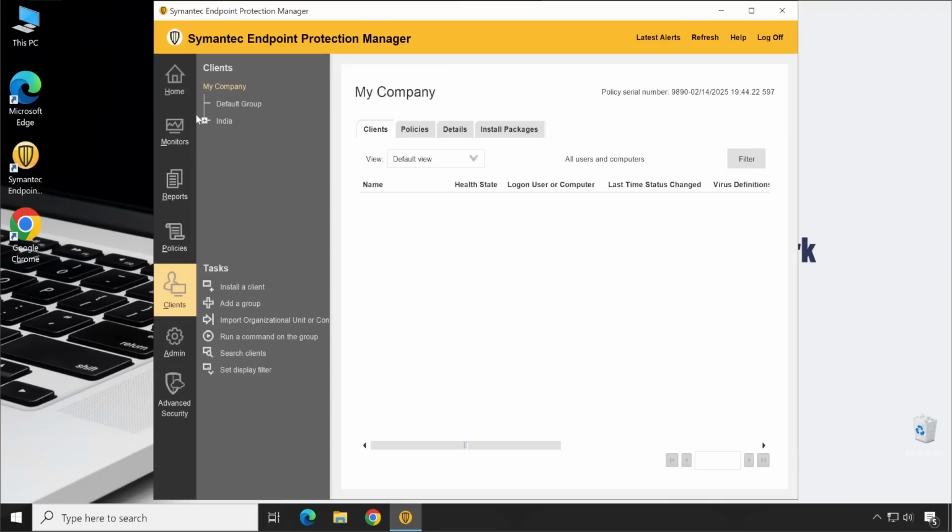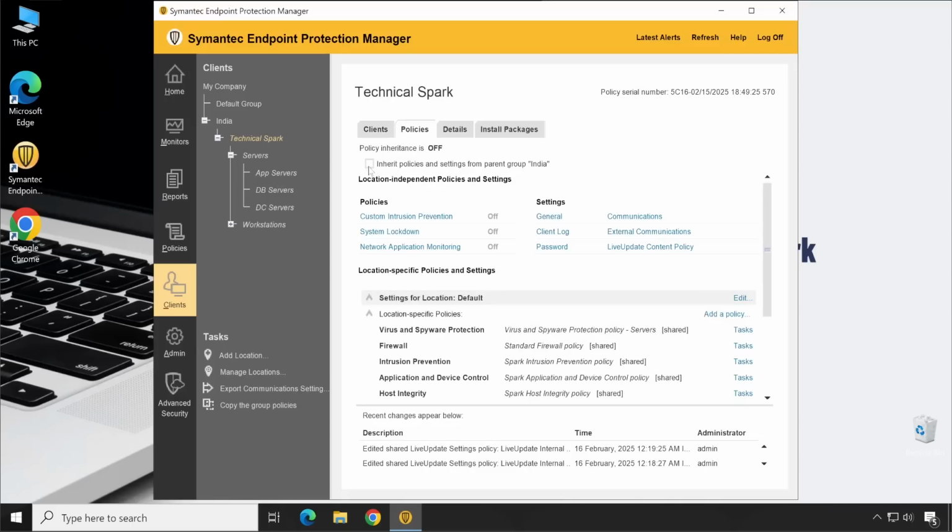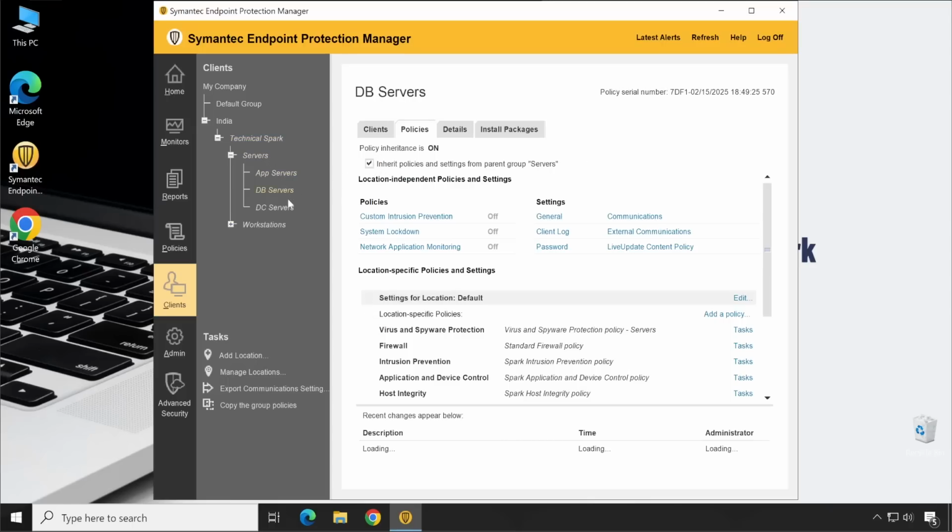Okay, and this time guys we will have to play around with the live update policy, right? So as you could see, right now I have a couple of this particular policy, which is this standalone policy for technical Spark. But when I go to the servers, app servers, you guys will see this particular policy is inherited. So while you configure the live update policy, one thing guys you will have to make sure that,